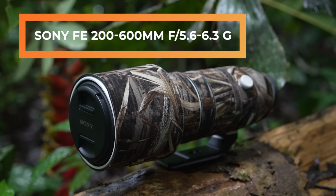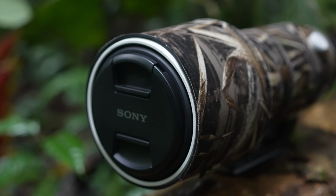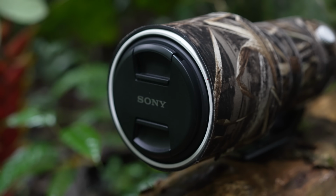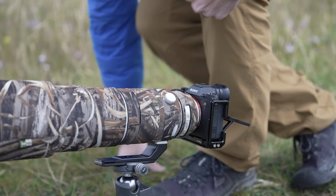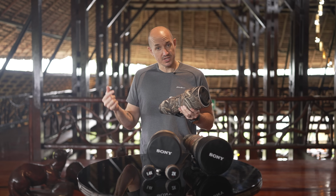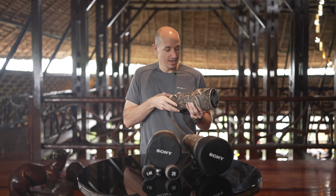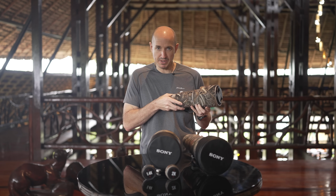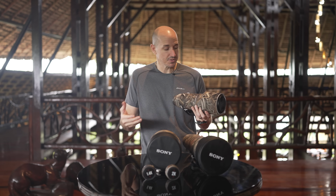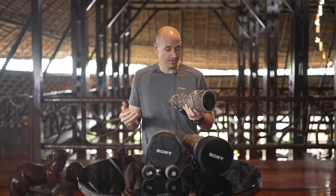Now, this lens is a great, affordable choice for those that want to get into wildlife photography and to have that extended reach in the 200 to 600 millimeter range. What's really great about this particular lens is that your zoom ring right here in the front that takes you from 200 to 600 is actually incredibly short. What that means is that you can go from 200 to 600 in just about 2 inches of space in terms of turning it, which means that if you're photographing a subject that's very close and then you find one that's quite far away, you can very quickly go from 200 to 600, lock onto focus